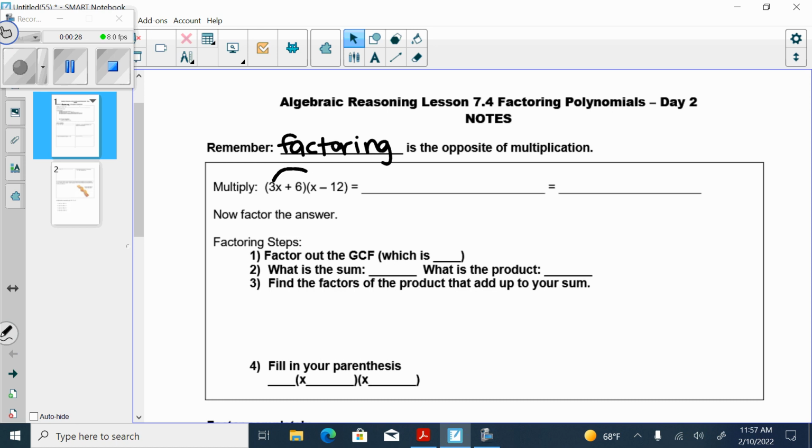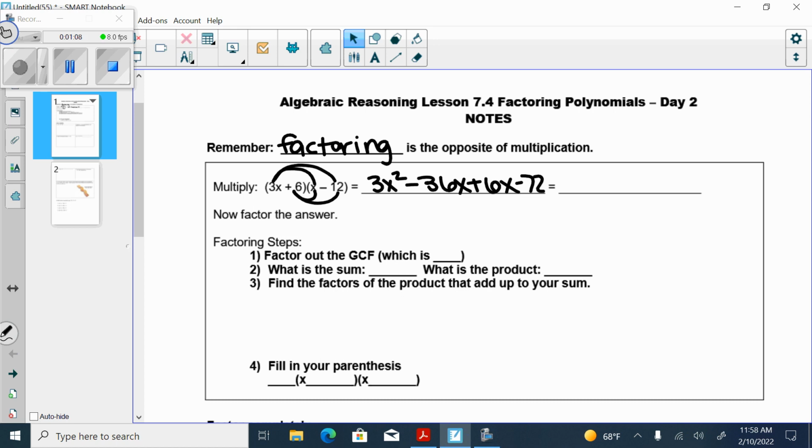So like 3x times x. Well, what is 3x times x? Good. And I also have to multiply that 3x by the negative 12. Well, what is 3x times negative 12? Negative. Good. Okay. But then I also have to multiply the 6 times everything in that second parenthesis. So 6 times x, which would give us, good, and 6 times negative 12, which is going to give us negative